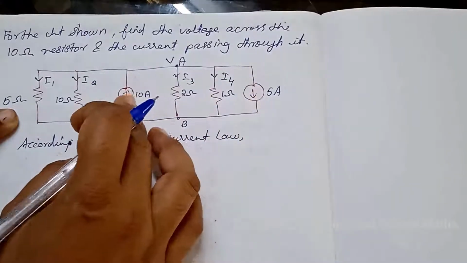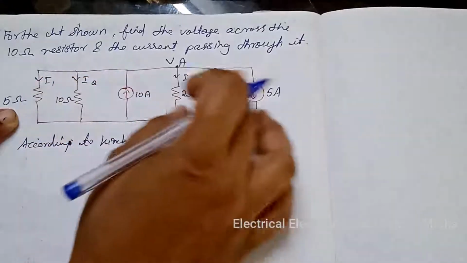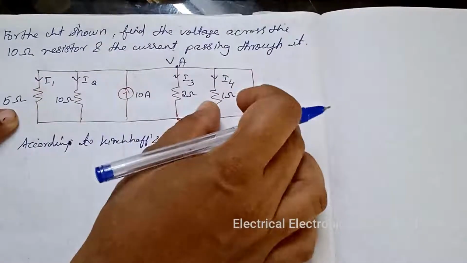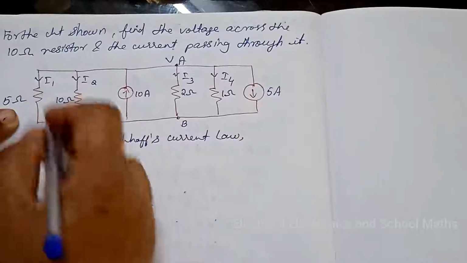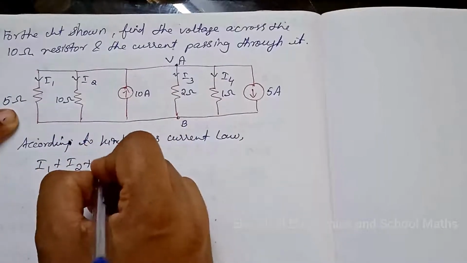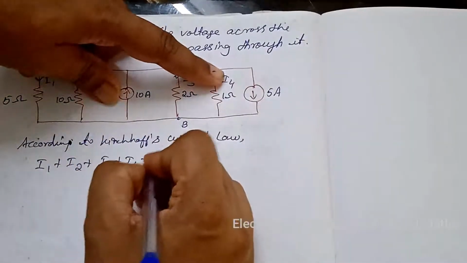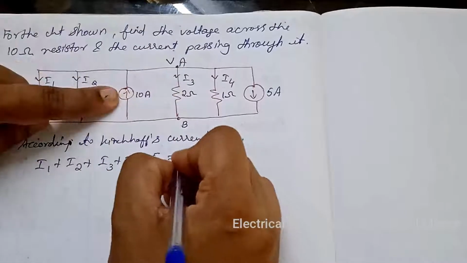Here this is the main current and it is split into these 5 currents. So we can write I1 plus I2 plus I3 plus I4 plus 5 equal to 10,